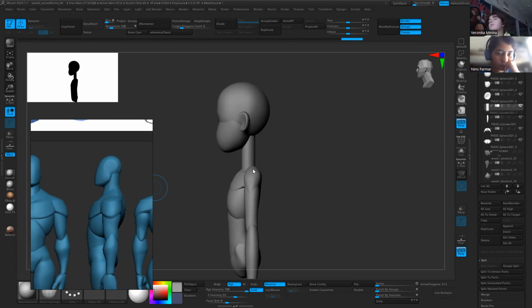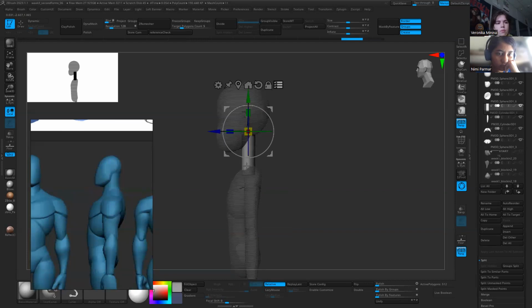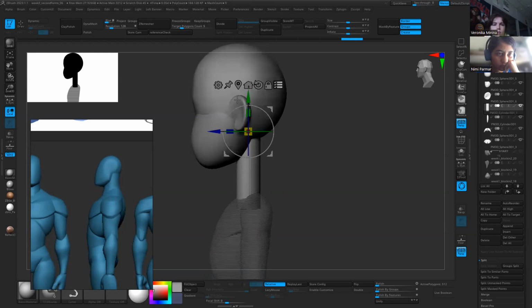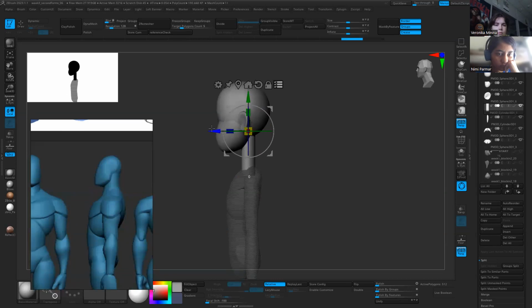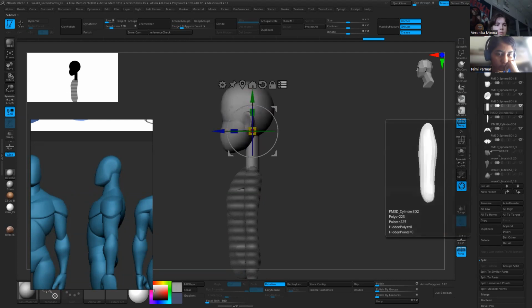Something I need to do though is probably pull the neck and the head stuff back. So if I can switch to the move gizmo, if I click on this button right here, I can transpose multiple subtools. Just Control Shift click on them. So you can see if I Control Shift click on this, I have the neck selected. And then these pieces, I'm just pressing Control Shift, which is the visibility default. And I'm just going to move this stuff back. So I'm going to move my character back. And if we go back and look at that,